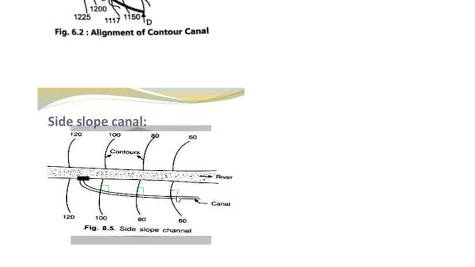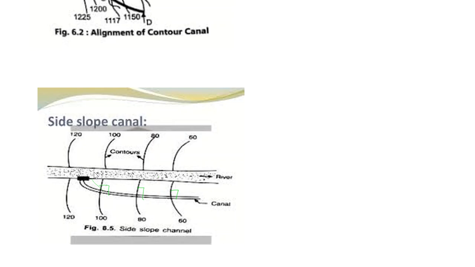Okay, and along the side slopes. Along the side slopes of a river, here it is following a right angle over the contours, and we can see a canal passing over here. And now let us give the definition of it. A side slope canal is one which is aligned at right angles to the contours along the side slopes. It is a channel aligned roughly at right angles to the contours of the country and is neither on the watershed nor in the valley. Okay, it is not coming in either the watershed or the valley. And it is a canal.